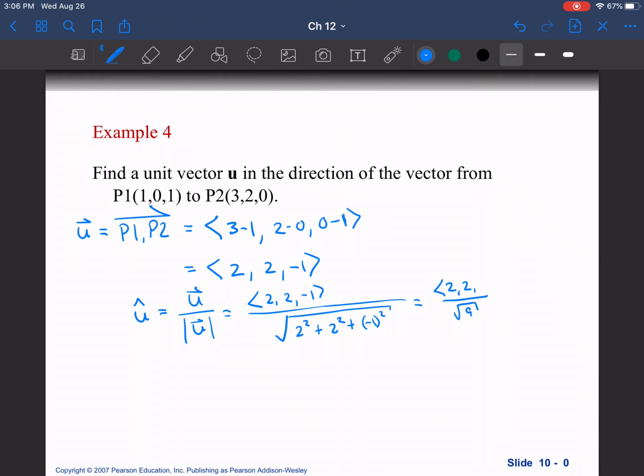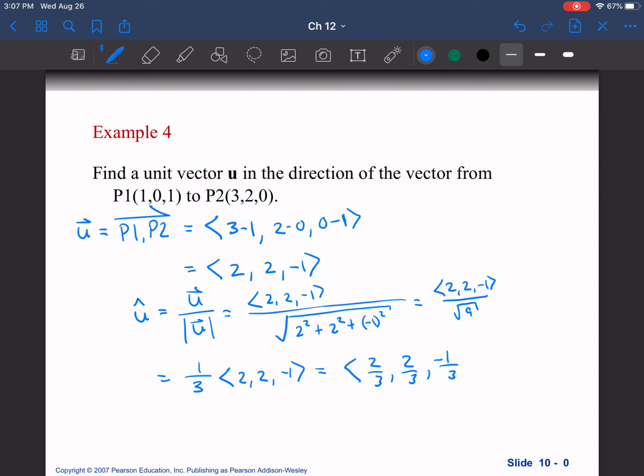Then with 2, 2, negative 1, I'll come down here, that's 1 over 3, that's 1 over square root 9, times 2, 2, negative 1. And so that right there is the unit vector, and if we wanted, we could even distribute that, and from our rules of distributing a scalar through a vector like that, this becomes 2/3, 2/3,